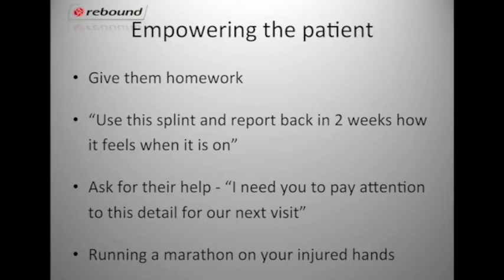It's like when we send people to therapy sometimes. Sometimes I'll send people to therapy because I just want them to know that I'm watching, right? It sounds a little creepy, but